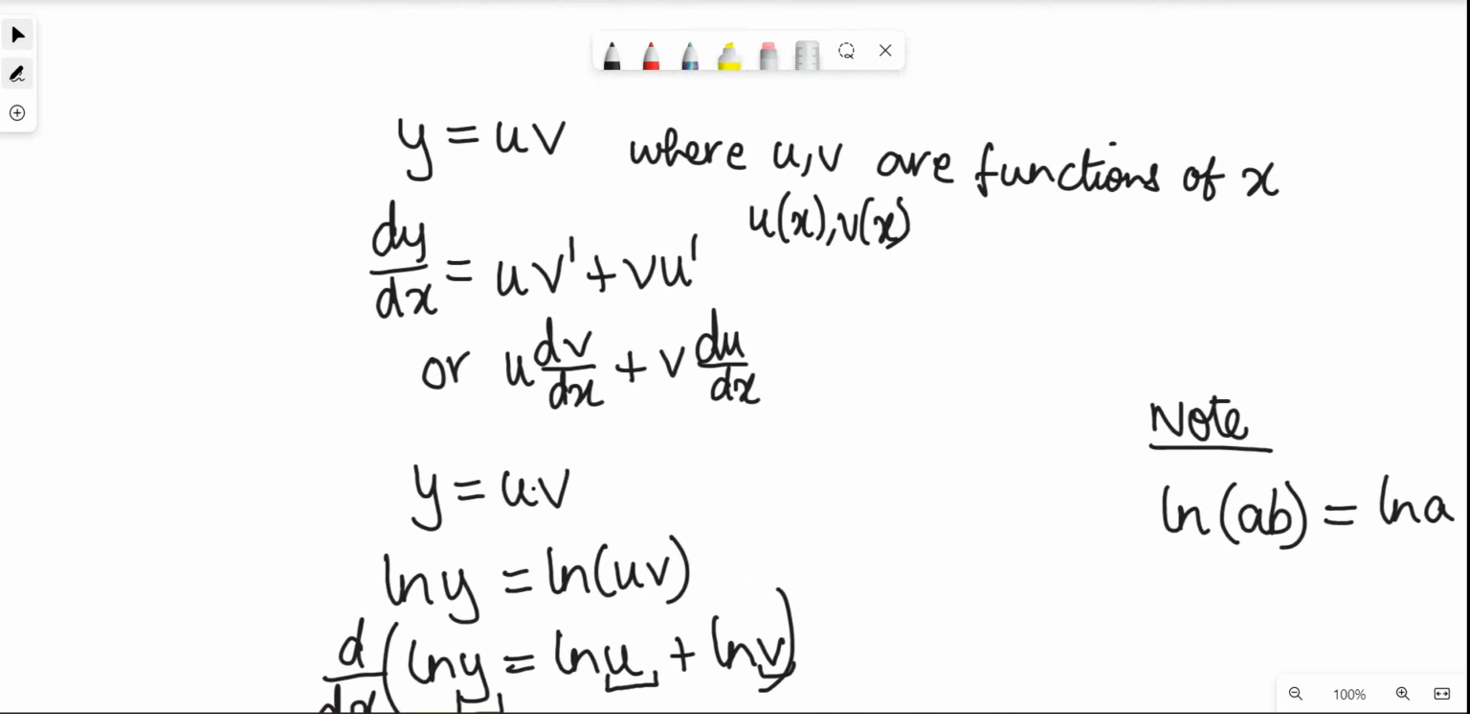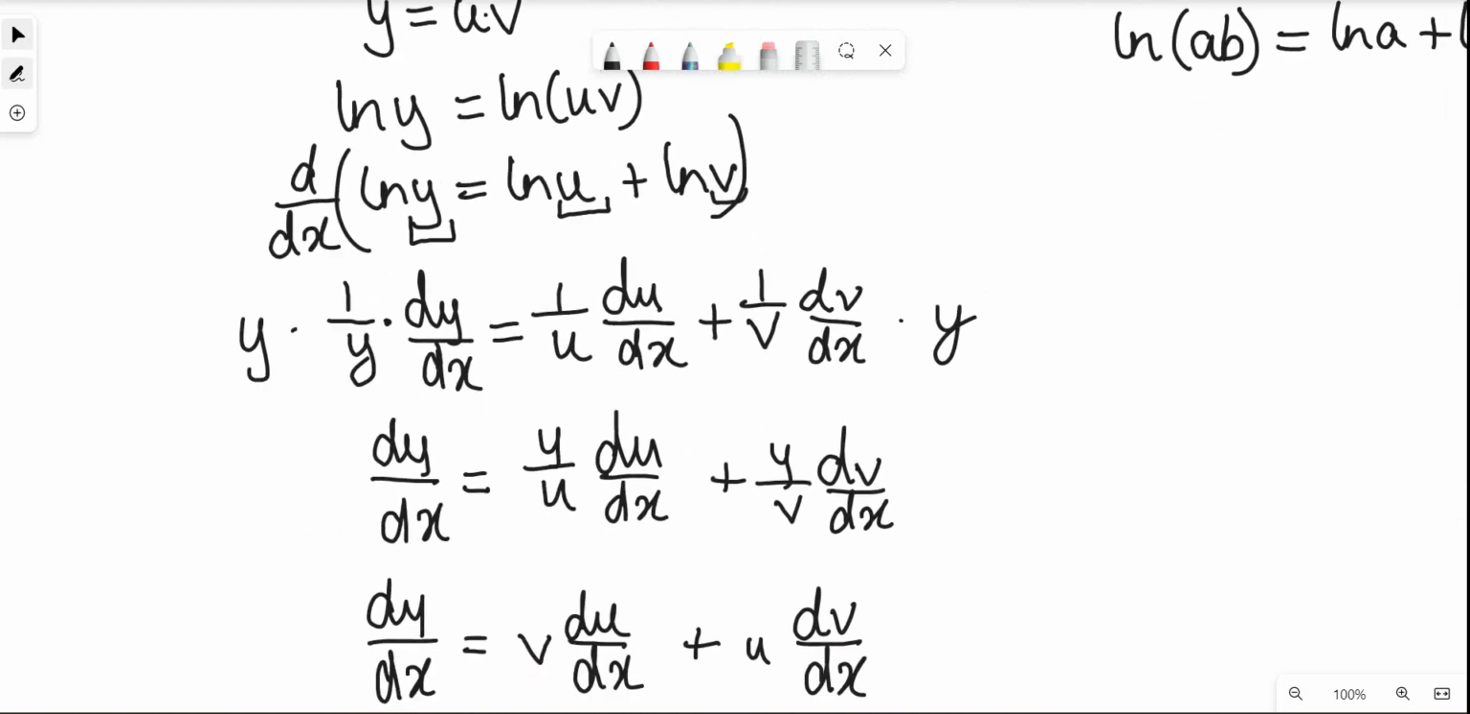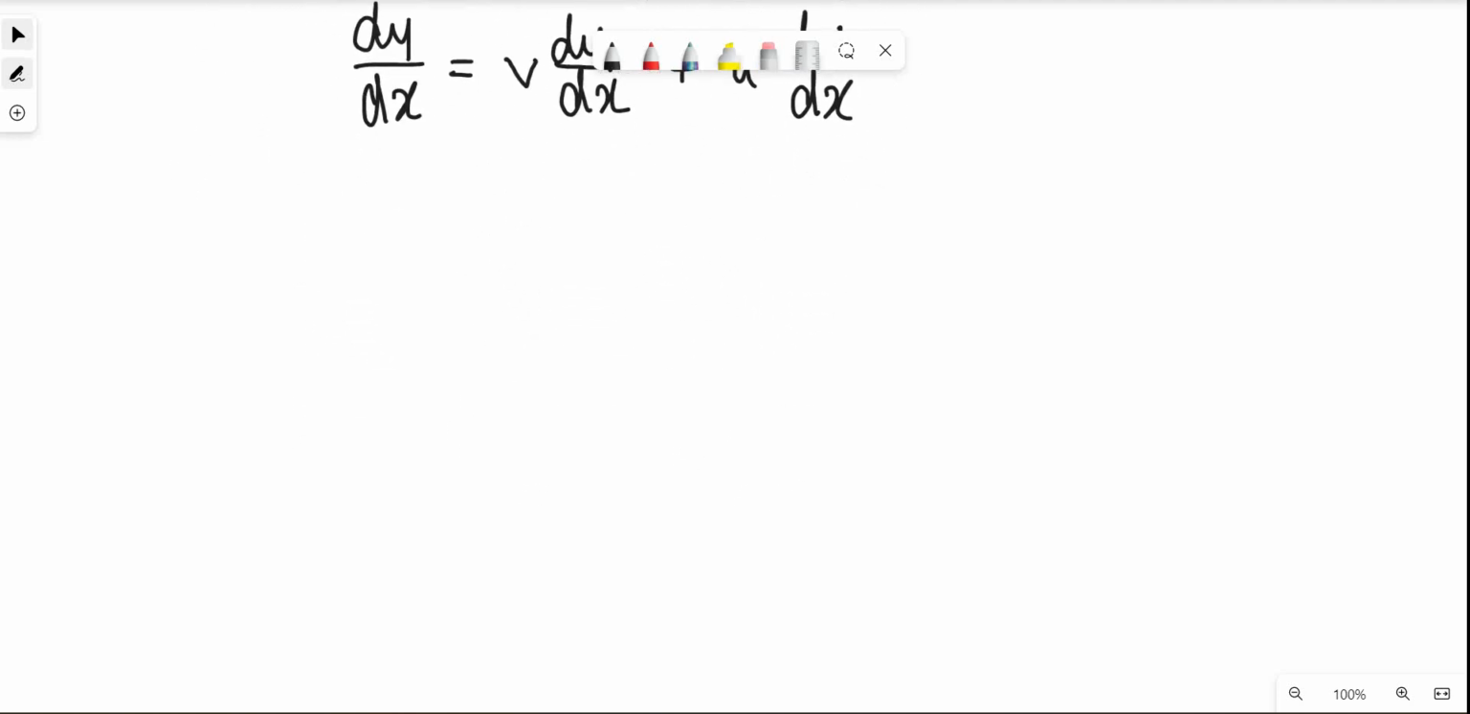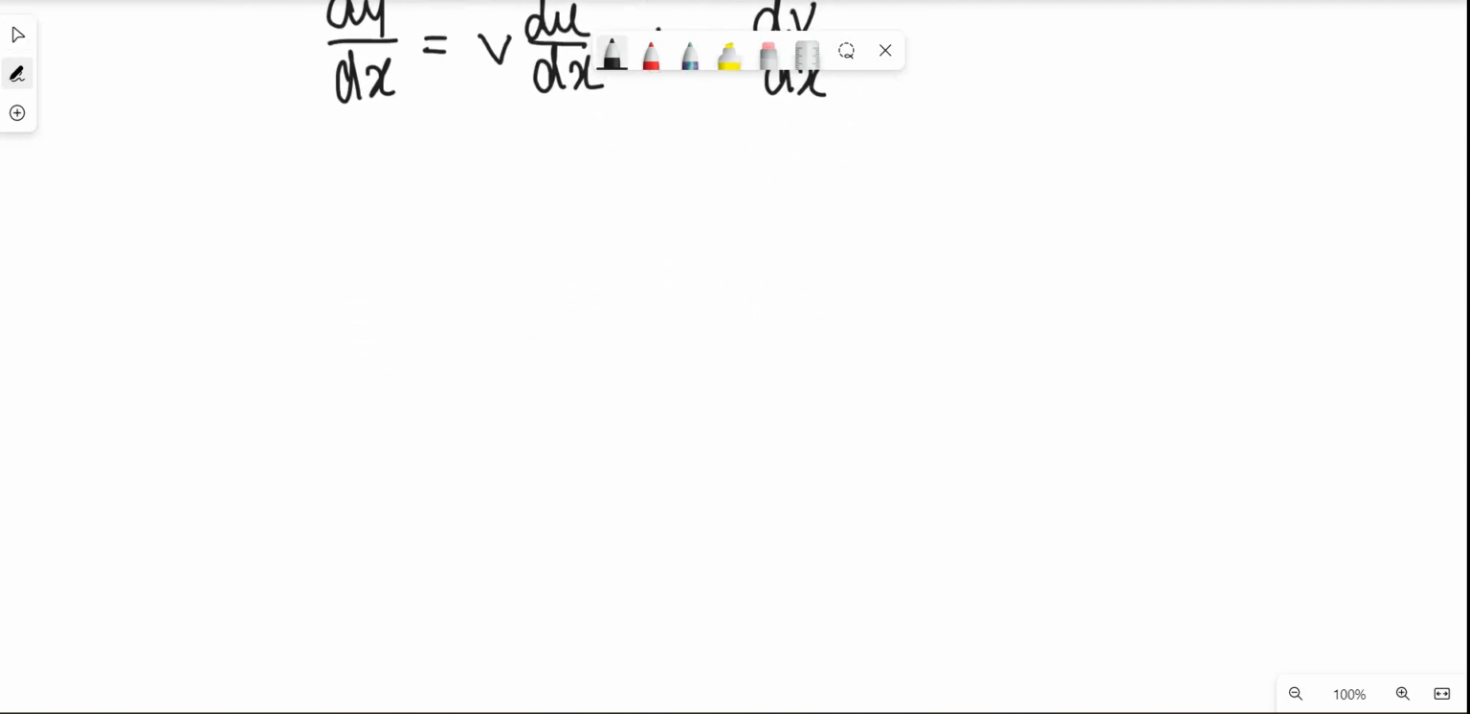It's just in reverse order. u dv by dx plus v du by dx, and this is v du by dx plus u dv by dx. And the addition sign, the order doesn't matter. So that's what we have. That's the product rule. And now we can do a similar thing with the quotient rule, because we can assume